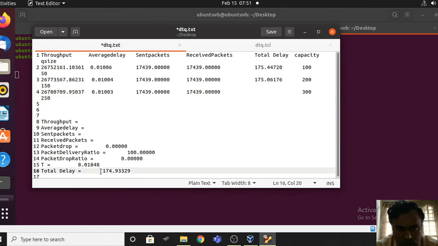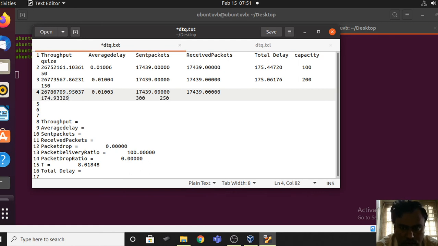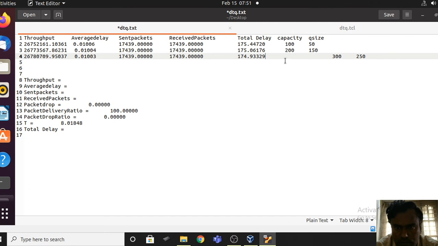So this is that where Control X. Control V. Control S. So for 4 cases I have recorded the values.